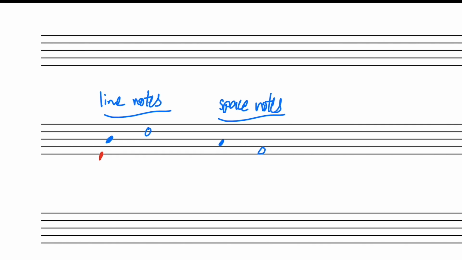Examples of things we'd want to avoid on line notes, for example. This first red one I've drawn in, you can see how the line does kind of go through the note, but it doesn't go right through the middle of the note, so there's a little bit of ambiguity as to whether or not we're referring to this note, which is a line note, or perhaps a space underneath it, right? So the idea is absolute clarity, so we really want to prefer the ones where the line goes straight through the center of the note.